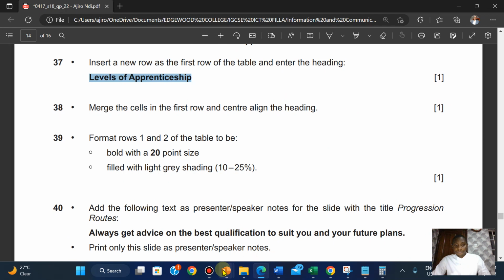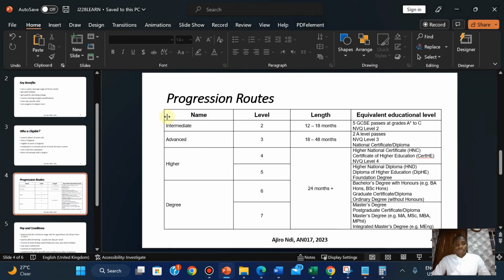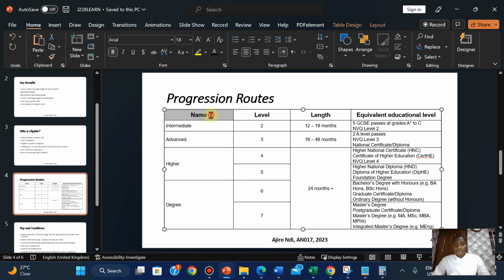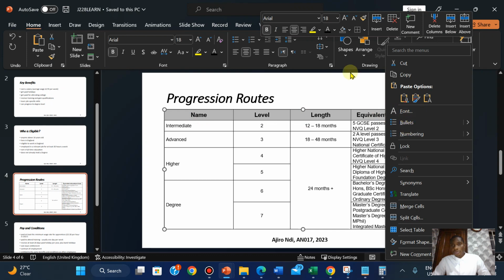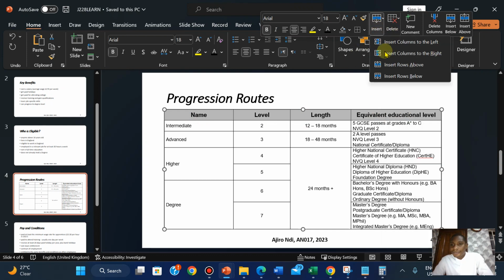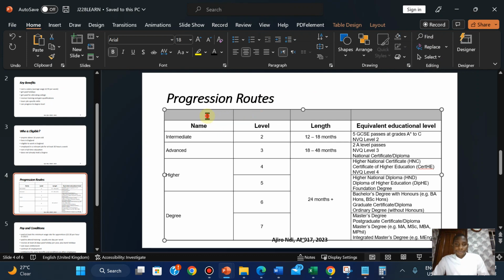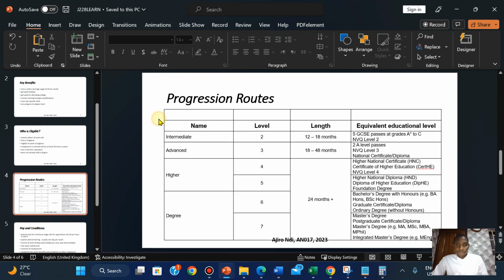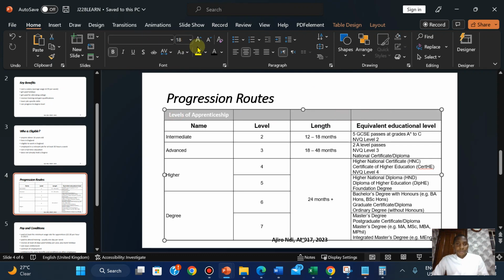Copy, right click. I'm going to insert a new row. To insert here is going to be above, and I'm going to paste this here. This is going to be bold,